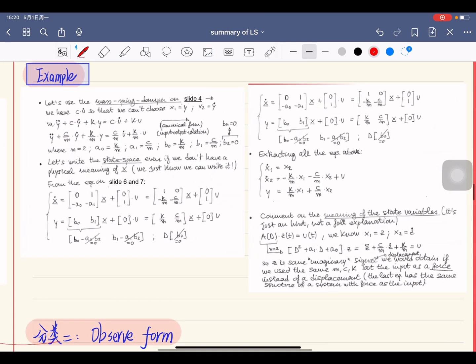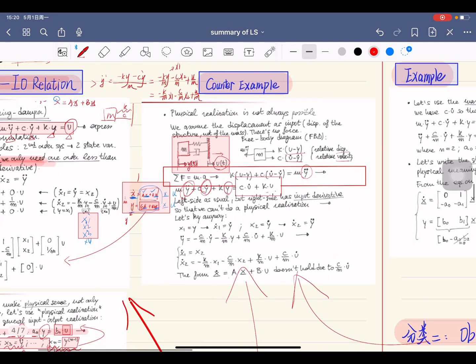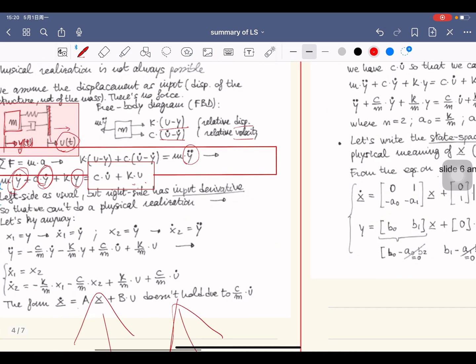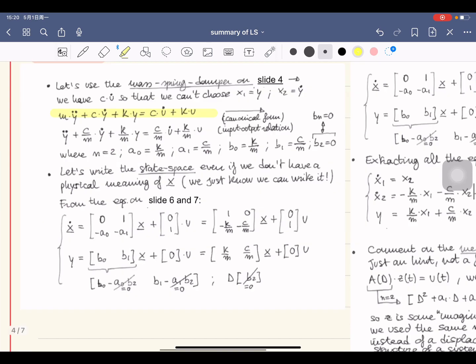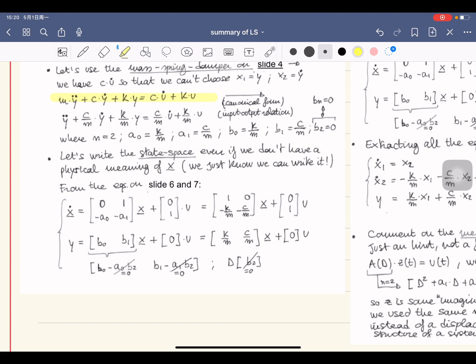Let's see one example. We just use this one. We have the formula of this. You observe it, you have the derivative for input. So you can use canonical form or observed form, which we will learn next step. For canonical form, you try to find out